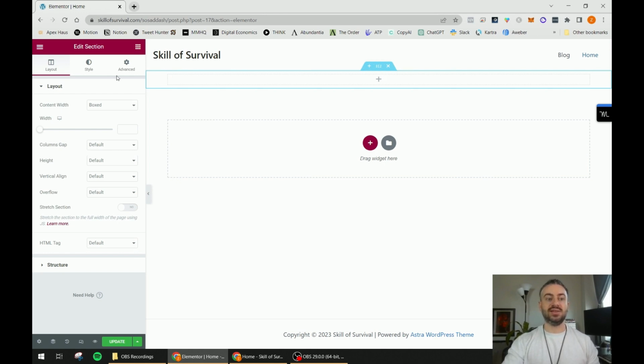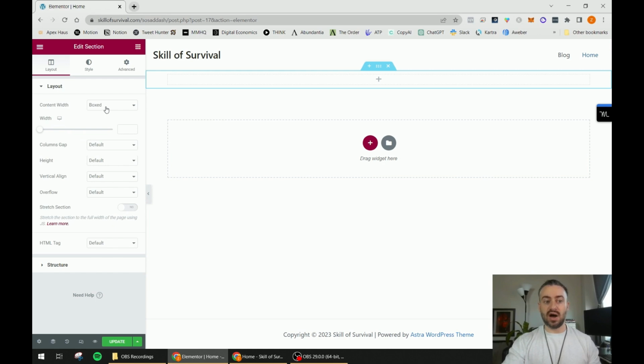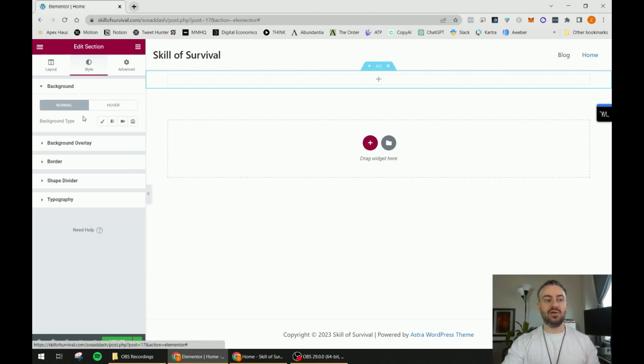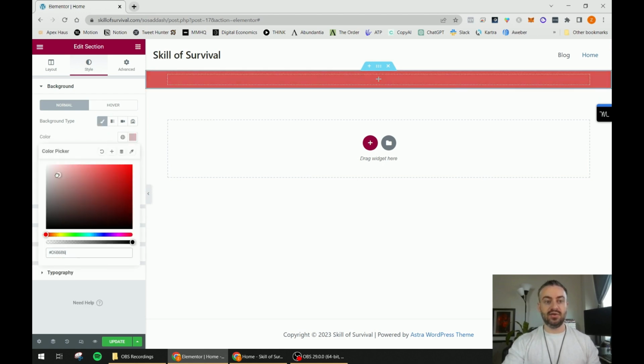Now we've selected this section, and you can see up on the top left, it says Edit Section, and you can change all of the information in here. So we've got the basic layout information, we've got basic structure, so if you want to change that. Right now the content width is boxed, which means by default the content will only go, I think it's 800 pixels to the left and to the right. Style, you can change the background, change overlays, change the borders. So for example, if we want to change the background of this entire row, I can click this little classic and I can change the color. So I'll change it to red,